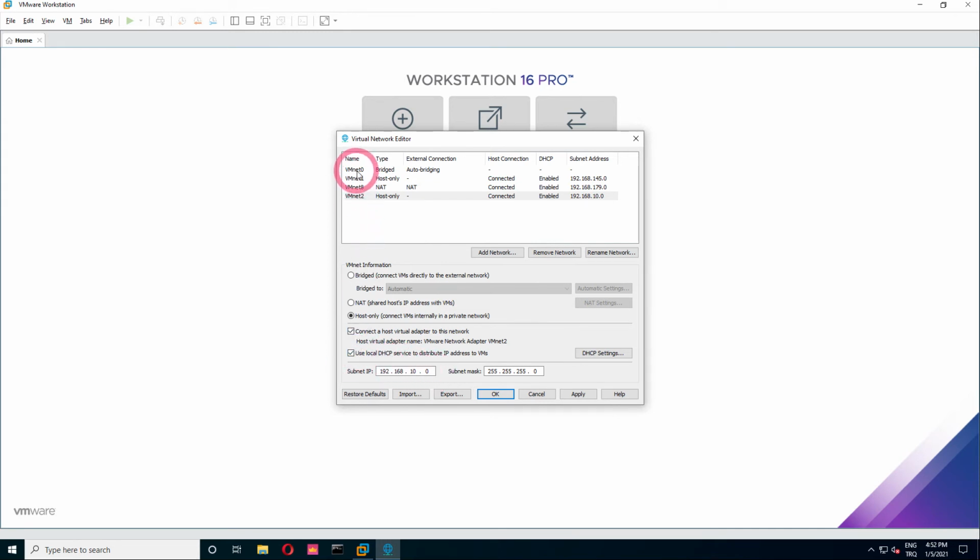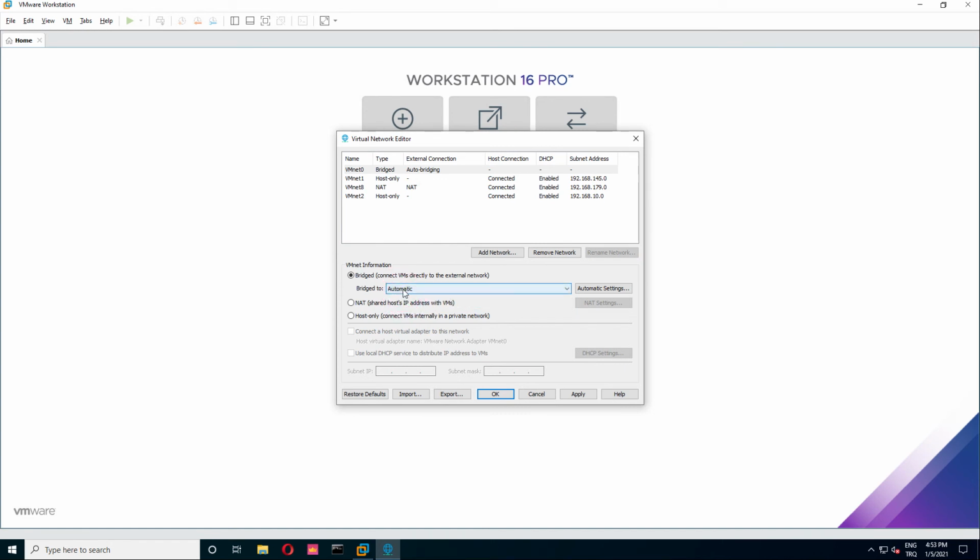Let's come to VMnet 0 from here. When we come to VMnet 0, you can choose the interface you will use in the bridge network here. If your computer has both wired and wireless connections, you can choose which bridge network we'll use from here, or you can leave it on automatic. When you select automatic, it uses the interface your computer exits through in VMnet 0.